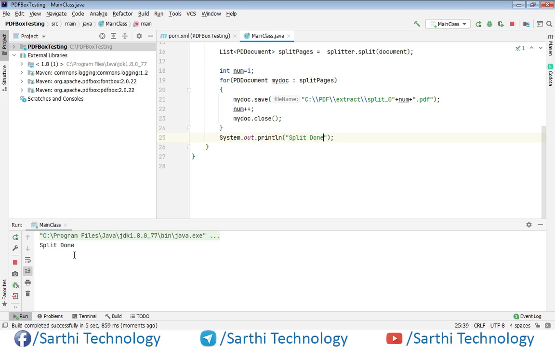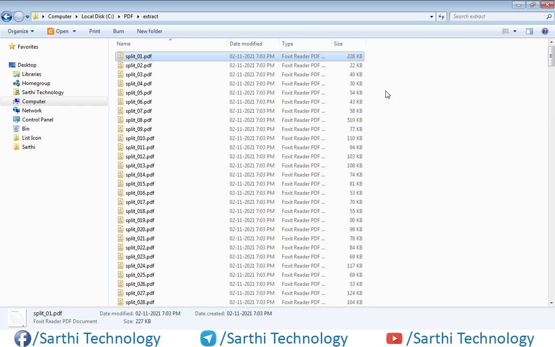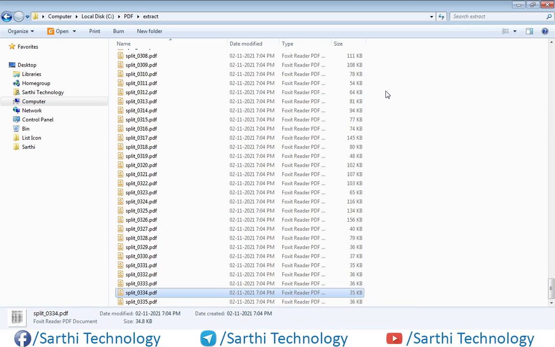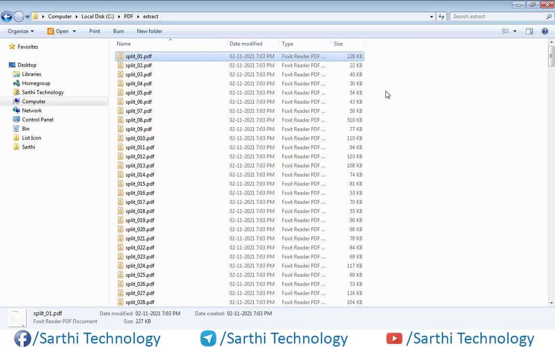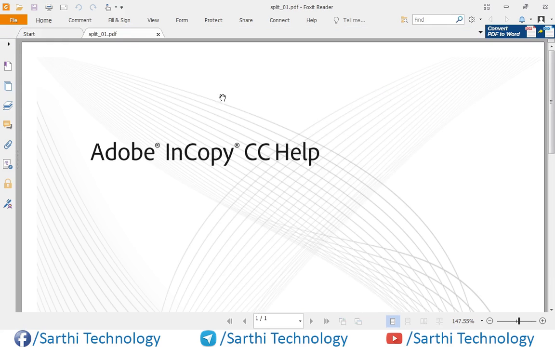And here you can see split done, and this is the folder in which we can see all the pages in different files. So this is the 335. Let's open one, that is the first. You can see the first page here.